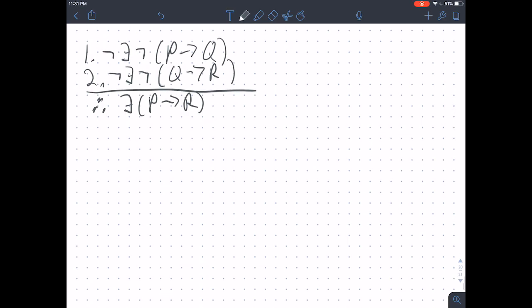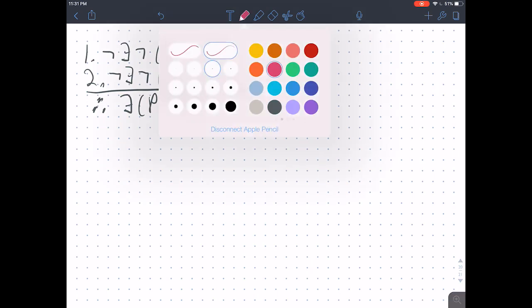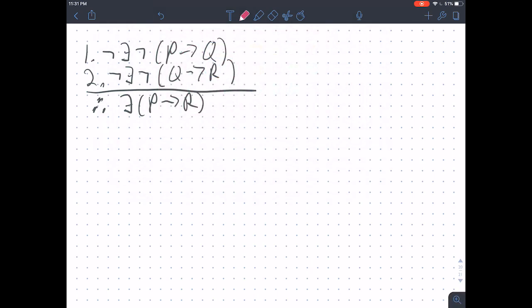Okay, I think this will work. All right. I'm actually going to start the abbreviating a little earlier here. So I'm just going to set this to Q, and then this to R. And then if we make our conditional to test for implication, whether or not these premises imply this conclusion, we get